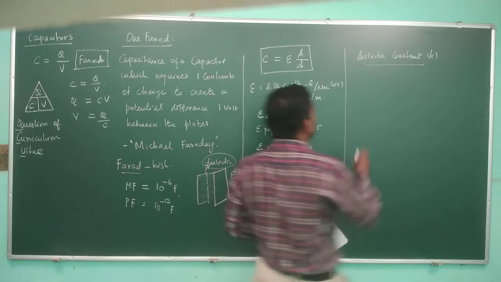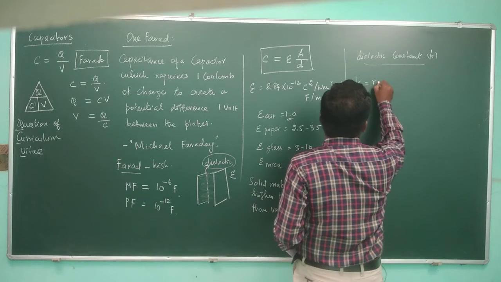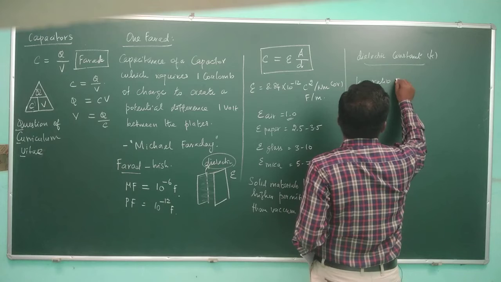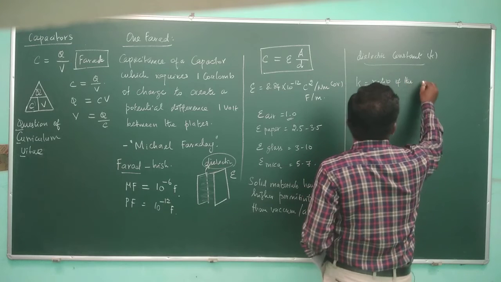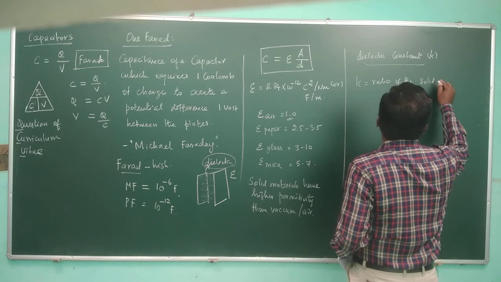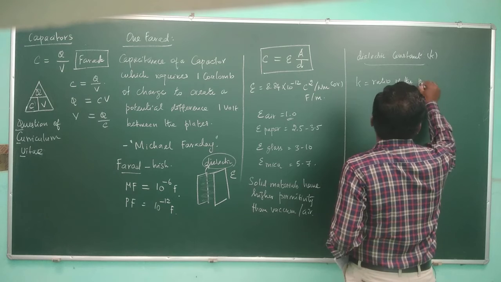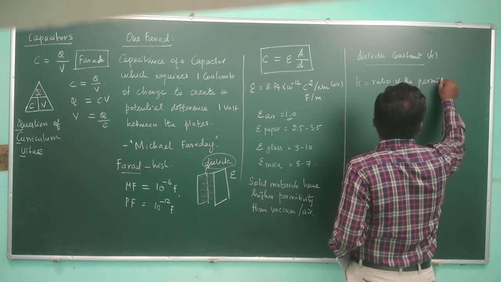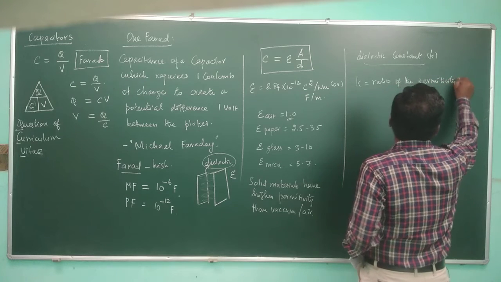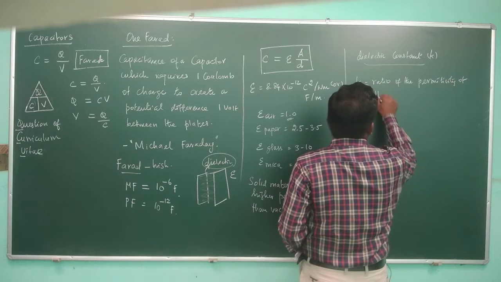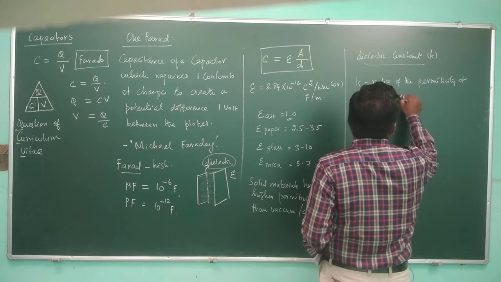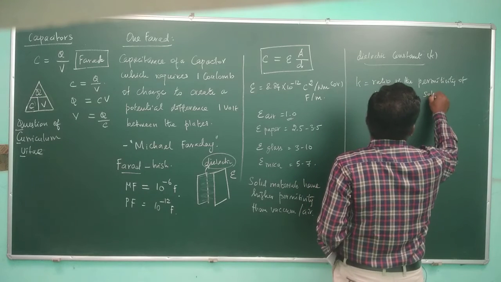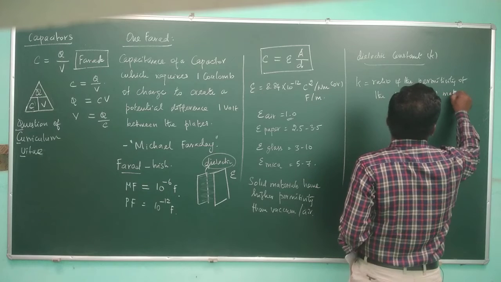So essentially the K is the ratio of the permittivity of the dielectric solid material